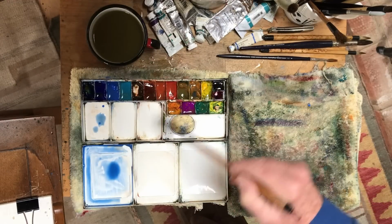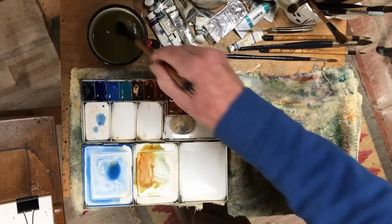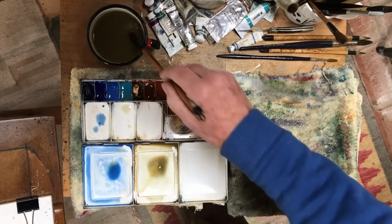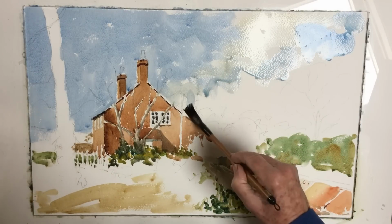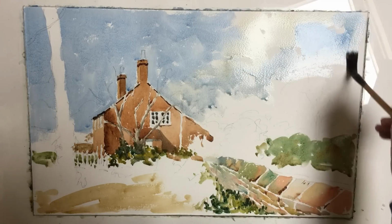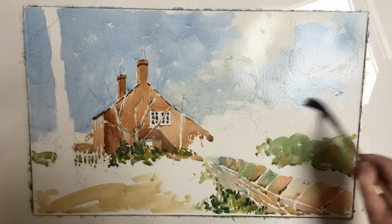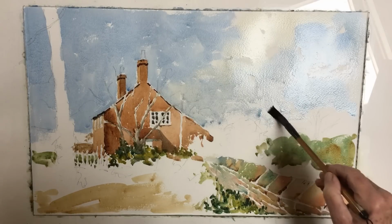I'll just introduce a little bit of light. Now this is raw sienna and a bit of light red. Lots of water. Then back to some of the cobalt. It's essential to keep going in this. Now there's some